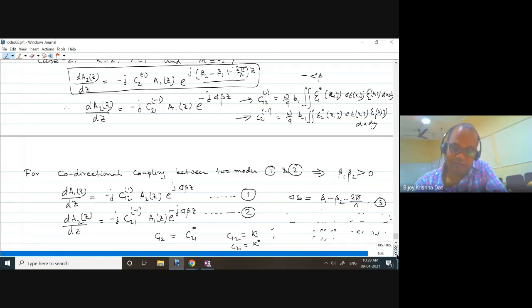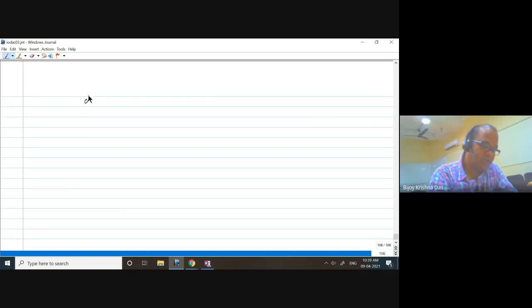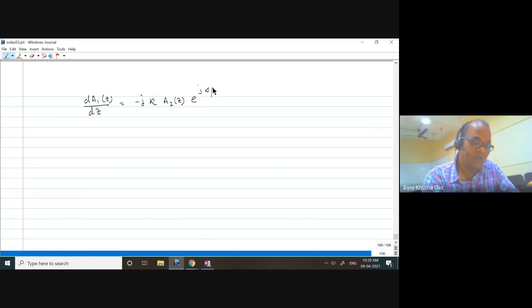So if we write kappa and kappa star, the equations are converted into dA1z by dz equal to minus j kappa A2z e to the power j delta beta z, and dA2z by dz equal to minus j kappa star A1z e to the power minus j delta beta z. So these are the two coupled equations, where obviously you should